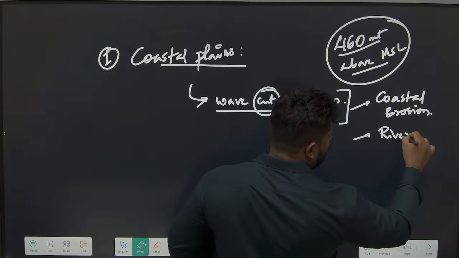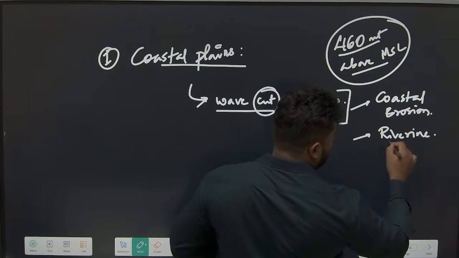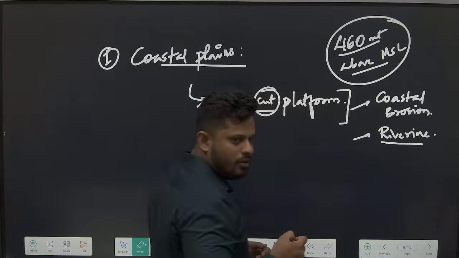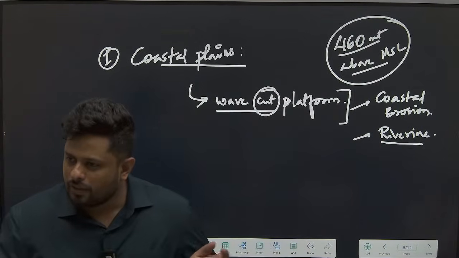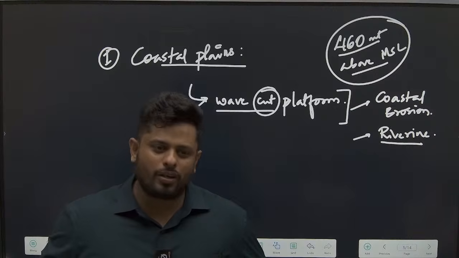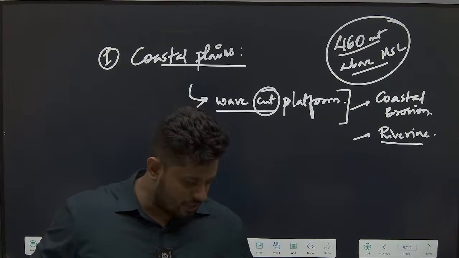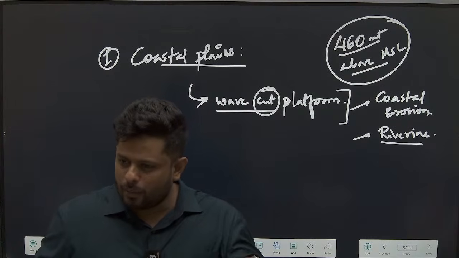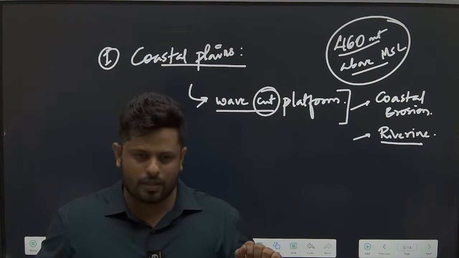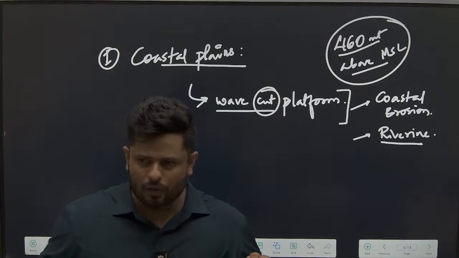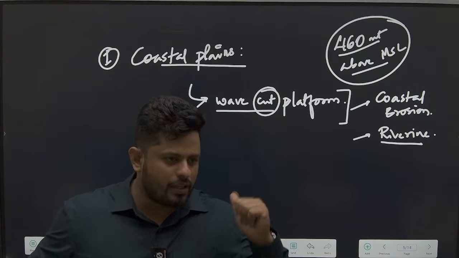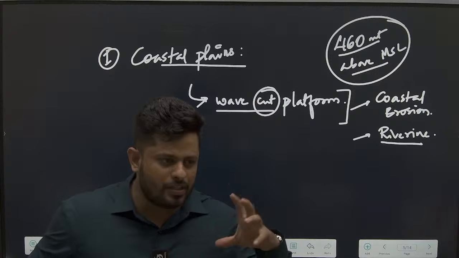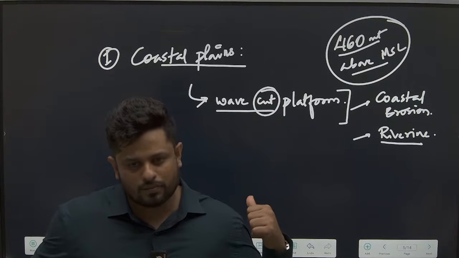Riverine also. Correct alva? Are there a number of rivers that are flowing over here? West flowing rivers anta helteve. So we cannot give that credit to the west flowing rivers. These are the ones that have formed this particular plains anta helakagalla. But at the same time, have they contributed here? Yes, adannu nenpitkobeku. Out of riverine activity and out of coastal activity, which is the major dominant activity that has formed these plains?